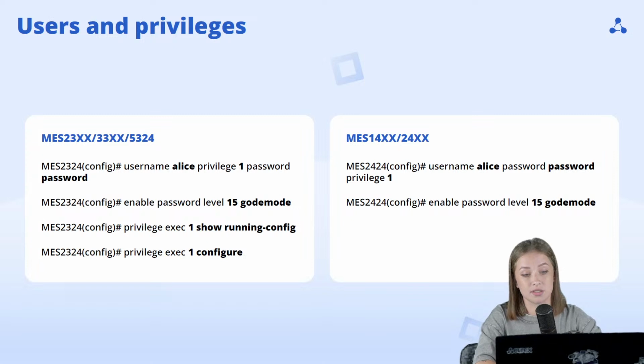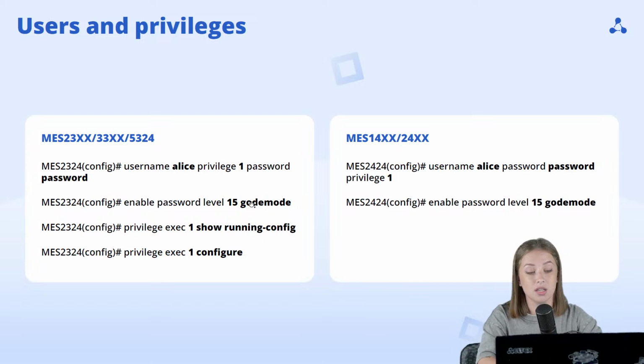In this case, to log in as the user with privilege 15, we need to log in locally by the Alice username. Then we should enter the enable command, and then write down the appropriate password that we have configured,